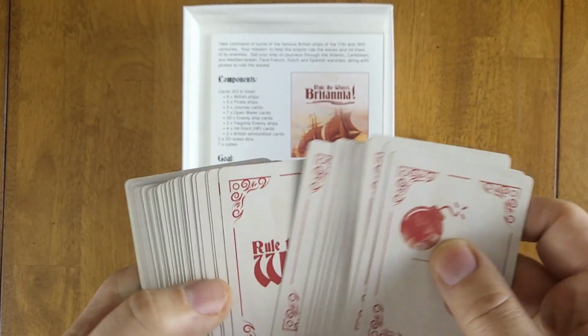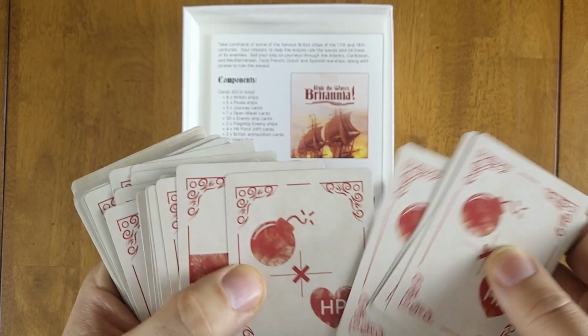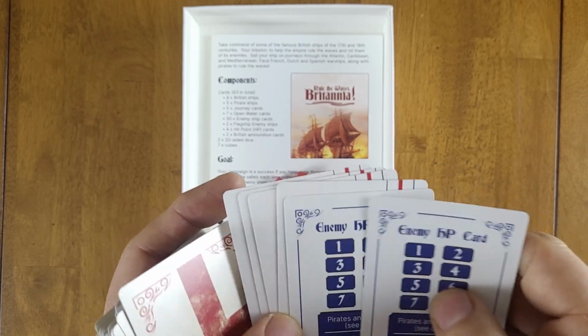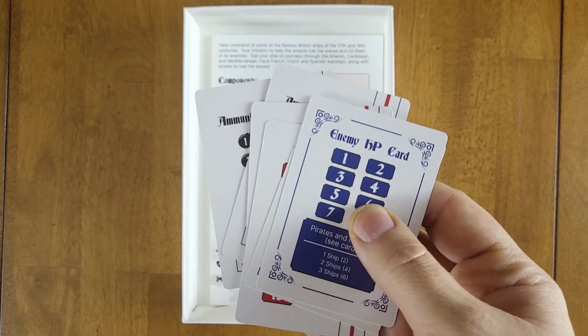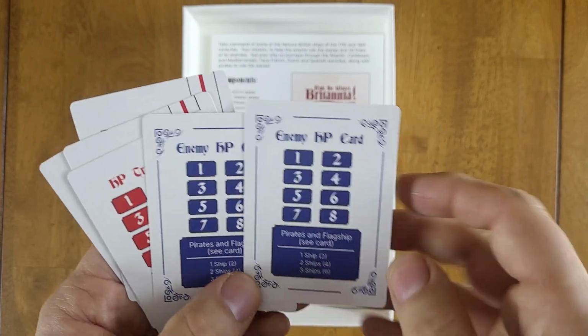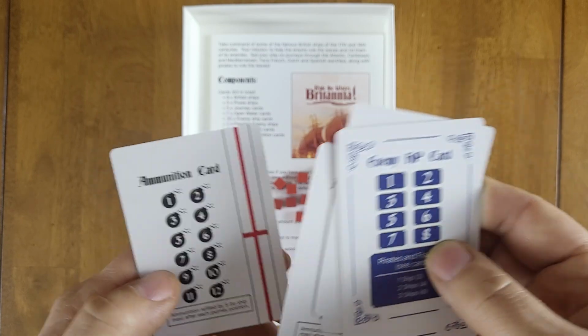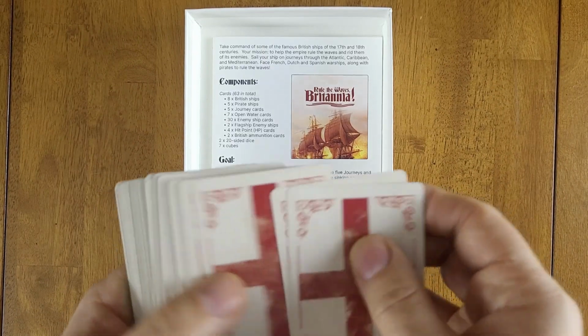So this is the back of the cards. There are various types. So these are hit point tracker cards and hit point cards, ammunition cards. So basically tracker type cards, like I said, enemy hit points, 8 hit point trackers, and ammunition cards. Okay, then we've got these here,